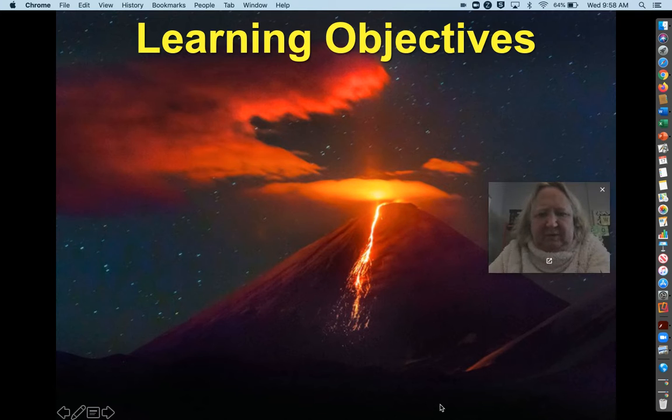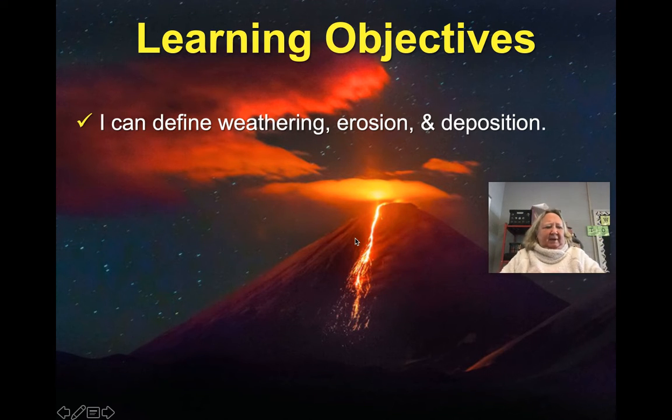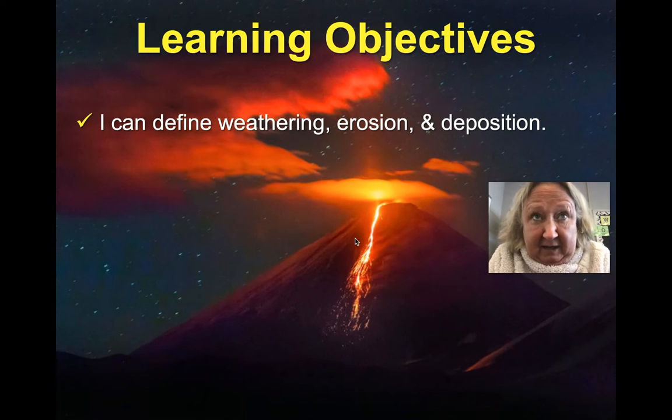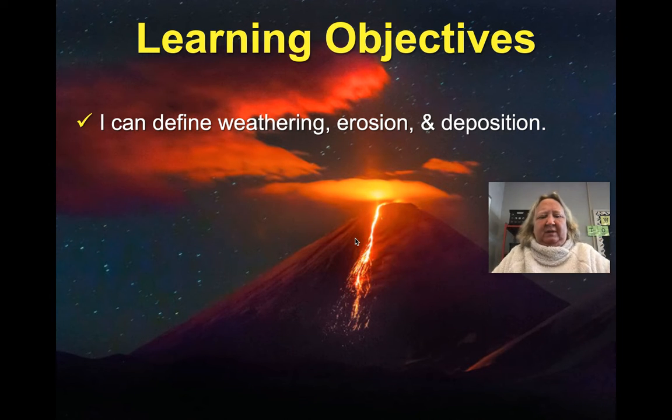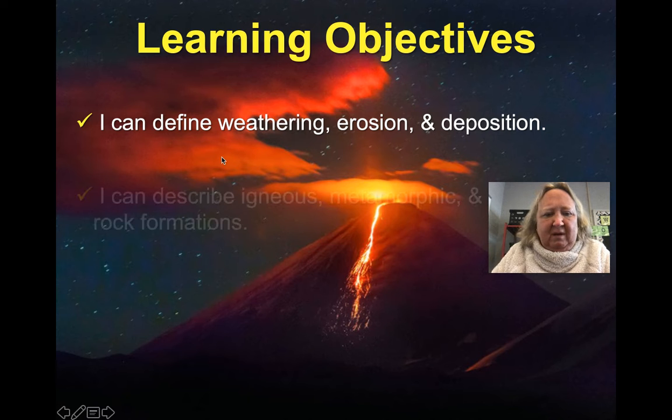And we will start, if I could run this thing. The first one is this. By the end of today, not even this whole lesson, you will need to be able to define weathering, erosion, and deposition. Maybe you've heard the words, maybe you haven't. But this is a major objective for this lesson: to give me the meaning of weathering, erosion, and deposition.